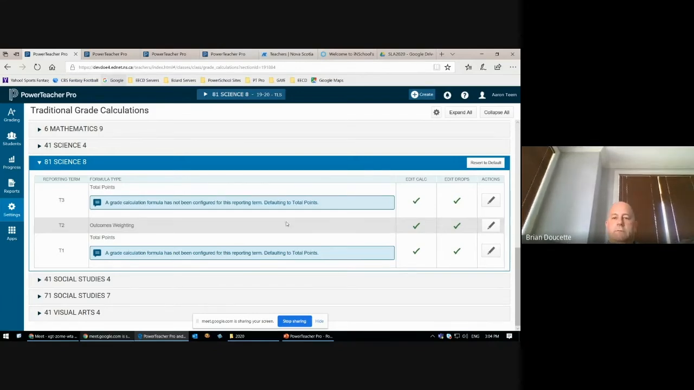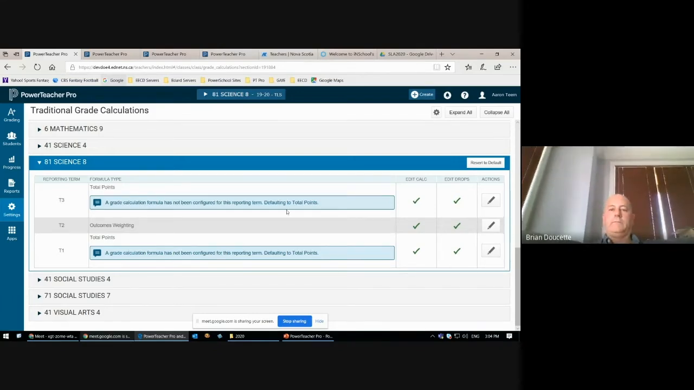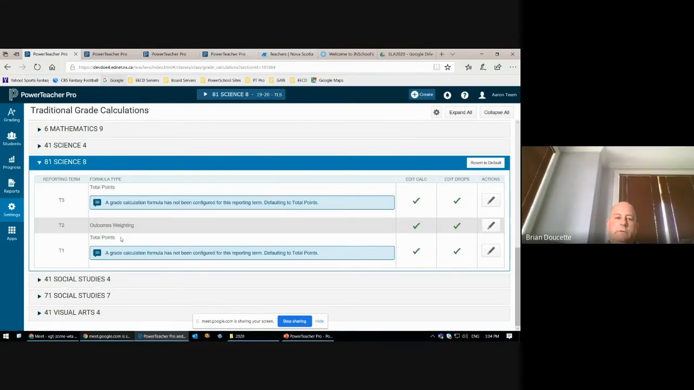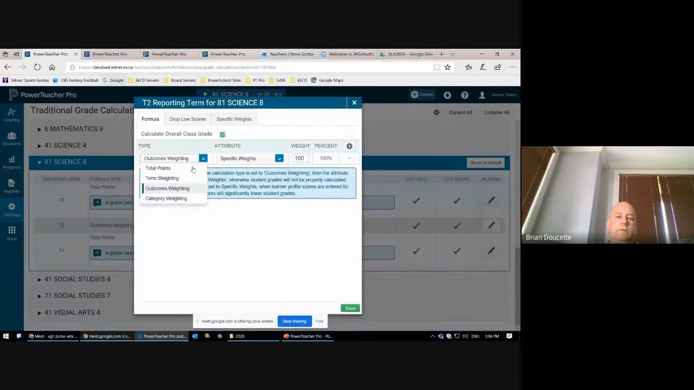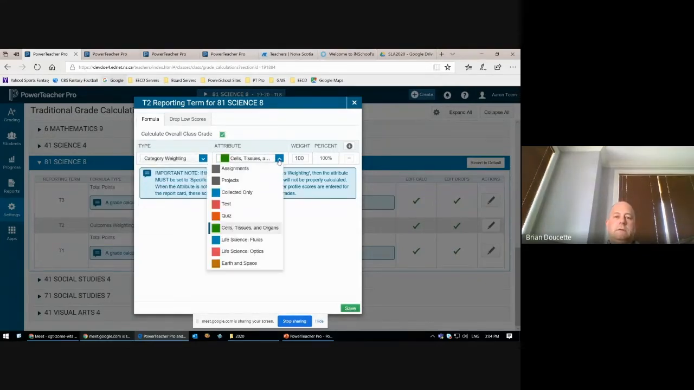This is the same function as final grade setup in the old Gradebook. So you're going to set up however you want your percentage points to calculate, whether it's total points, term weighting. You can use outcomes weighting and category weighting. So they're very similar to what you have in Gradebook. And if I choose category weighting, I can,